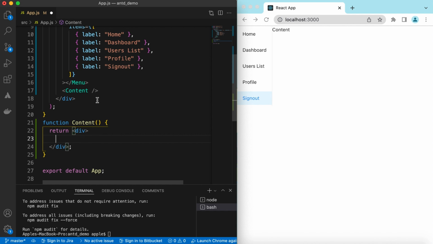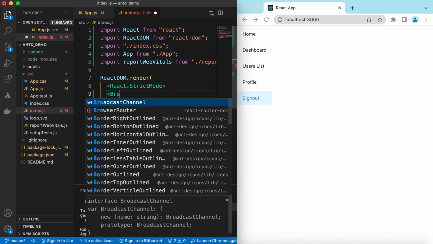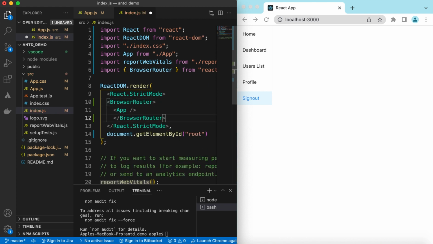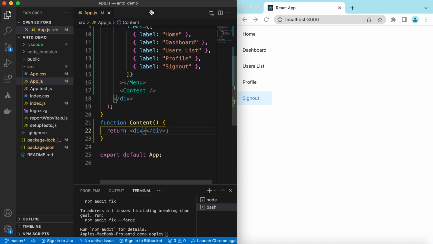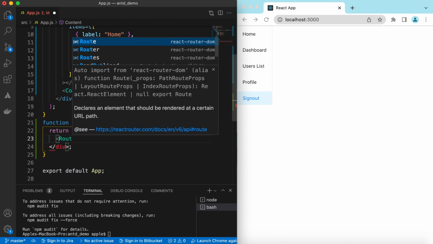So for that you need to install React Router DOM. So that is npm install react-router-dom. I have already installed it, so we can directly use it. So to use React Router DOM, what you need to do is you need to encapsulate the main App component inside the BrowserRouter, and cut it from here and place BrowserRouter outside of the app. Let's close this one, close this one. Okay, and here in the content of the div we can define the routes,